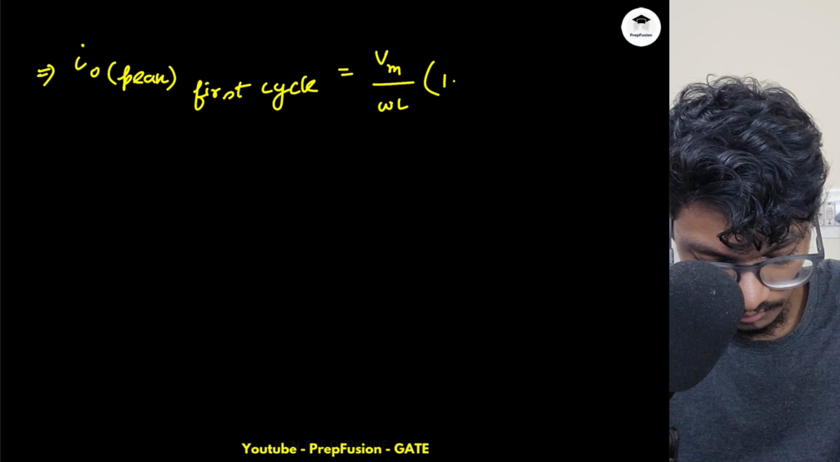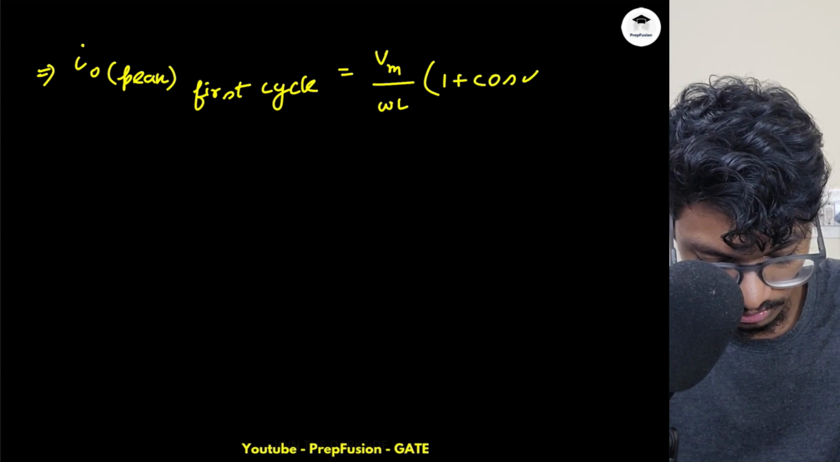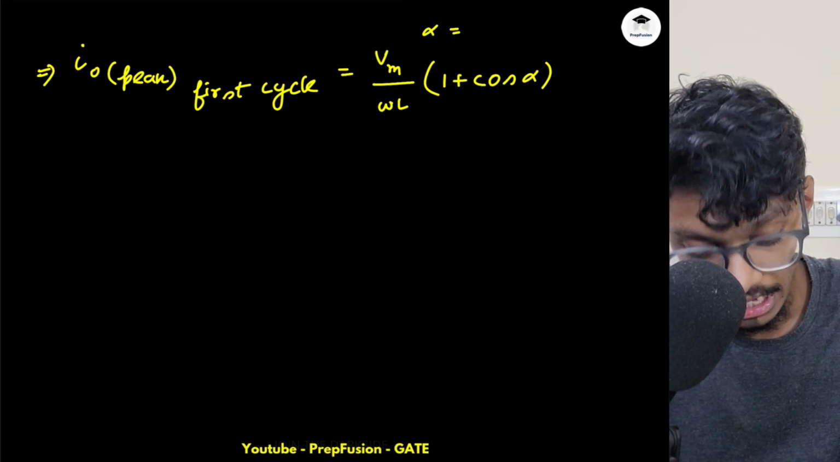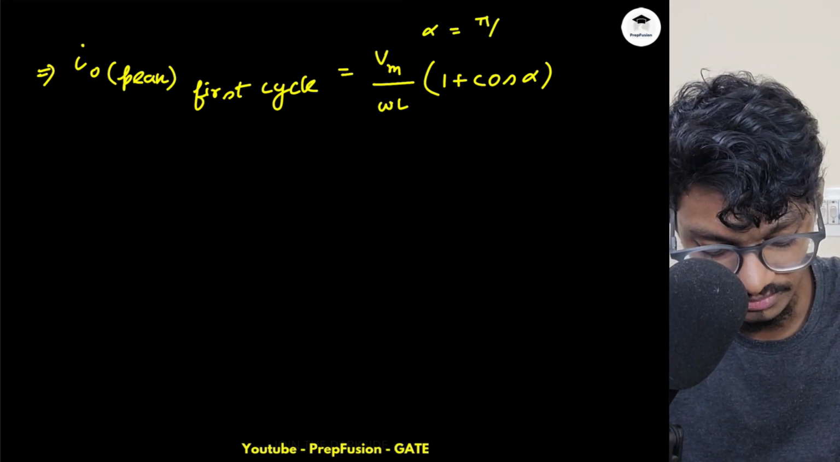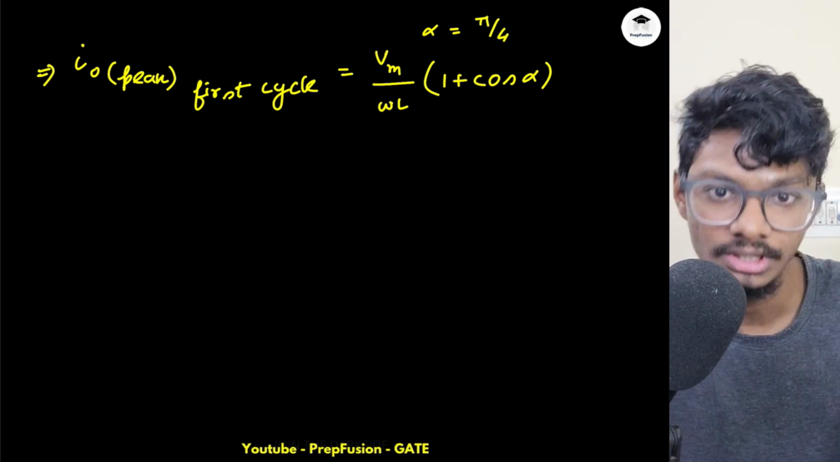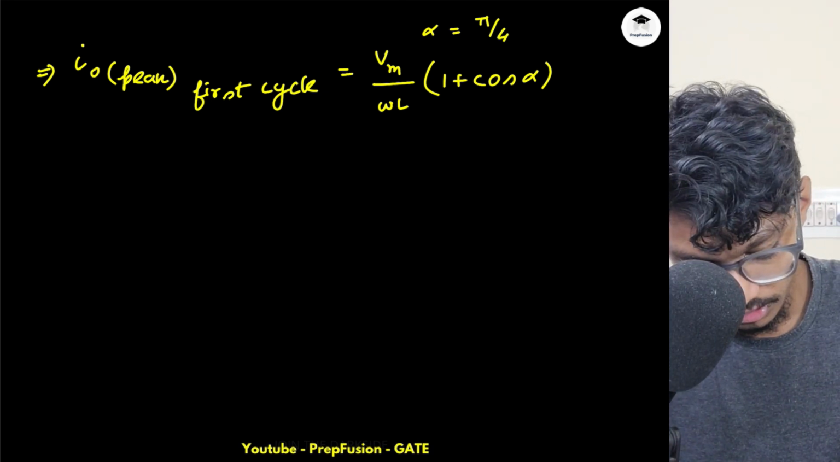upon omega L times (1 plus cos alpha). Alpha, in our case, hypothetically, is pi by 4, right? Because hypothetically I'm closing the switch at 2.5 milliseconds, which is the angle equivalent of pi by 4. So